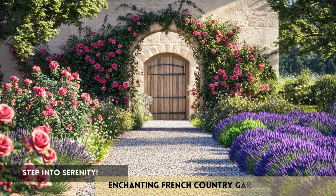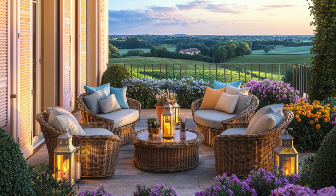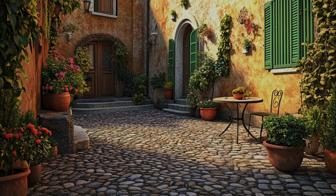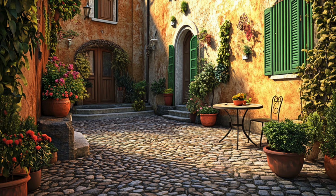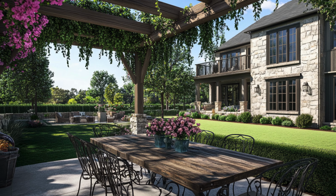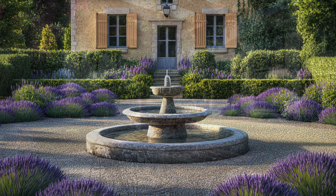French country homes shine brightest in their outdoor spaces. Stone-paved patios with wrought iron furniture invite you to sit back and enjoy the tranquil beauty of the countryside. Imagine a pergola draped in flowering vines, a cobblestone courtyard with a central fountain, or a garden path framed by